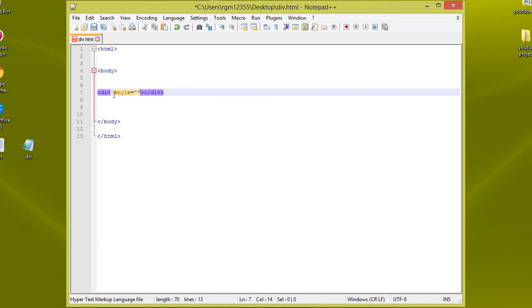Space this out, and then style equal sign, two quotation marks. We have to keep it a shape. The width is, let's do 400 pixels. No, actually, let's do percentage. Let's do width is 80%, and the height is 300